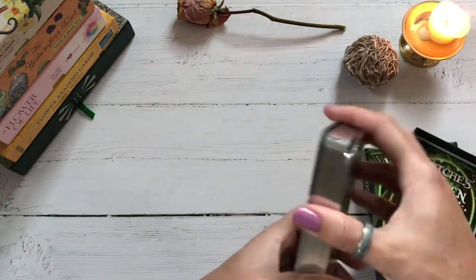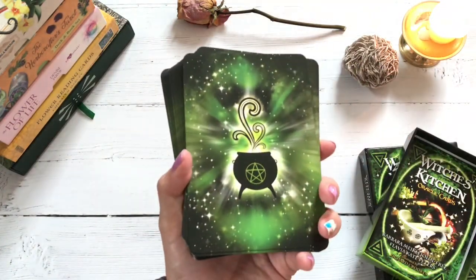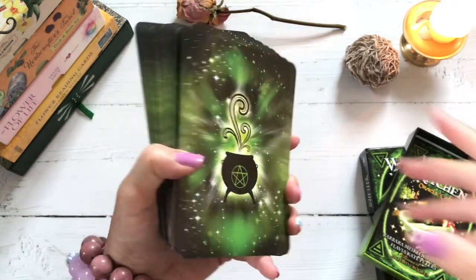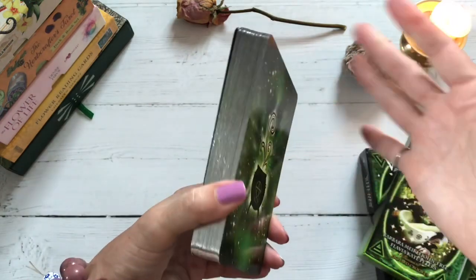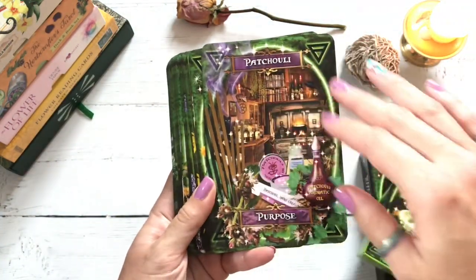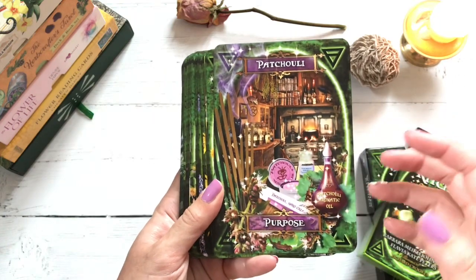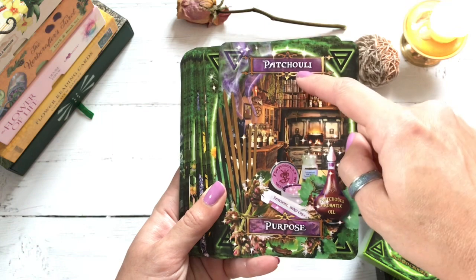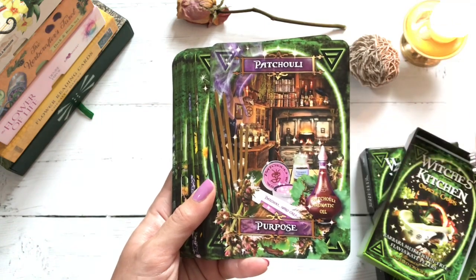I have used this so many times during my live chats, like when we're doing some witchy kitchen witch type stuff, you know. I love this for live chats. I love this just to whip something up in the kitchen. I love when you can pair oracle decks that are awesome with a recipe book, and that's what